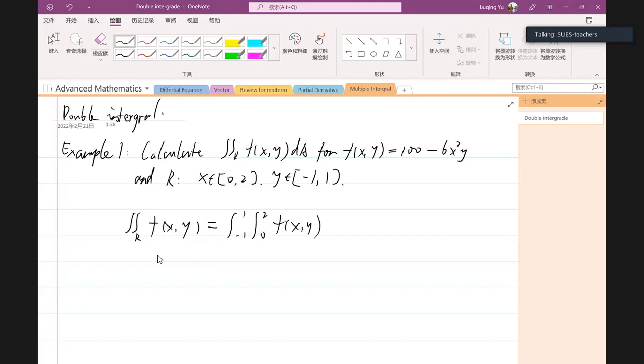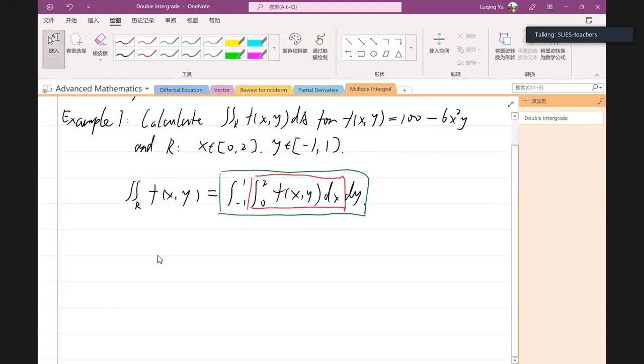So 0 to 2 is x, so you have x here, and -1 to 1 is y, so you have y here. Okay, so this is the integral, first the inner integral, and then you integrate the outer one. So the area is really important. If you think this kind of notation is kind of confusing,